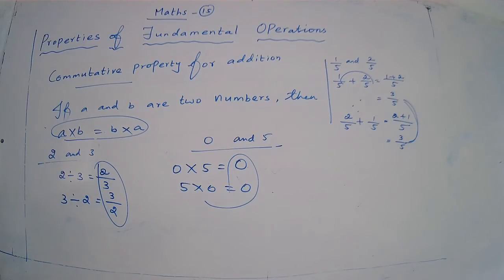Okay, children? Yes. Third one, commutative property for multiplication of numbers. Same examples after one line is there. A into B is equal to B into A. Is there? Yes. Underline that line. If A and B are two numbers, then A into B is equal to B into A. Okay. That means commutative property is true for multiplication of numbers. Now you come commutative property for division of numbers. Next page. Page number 18.